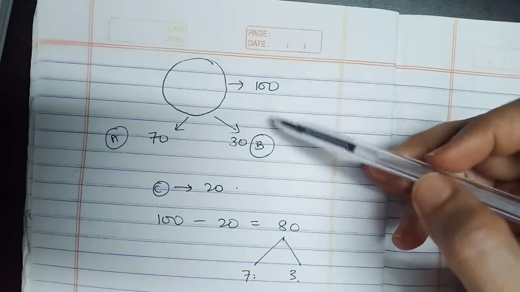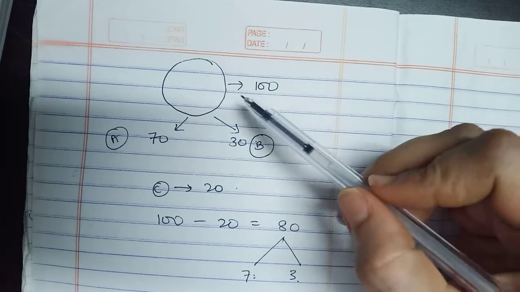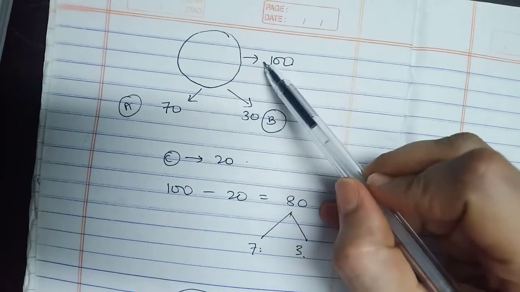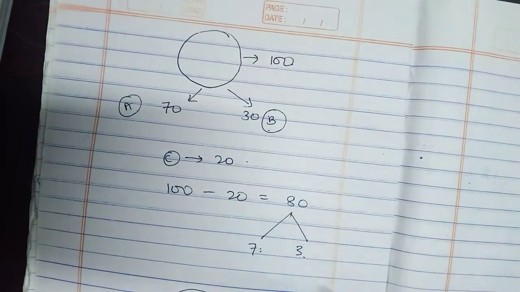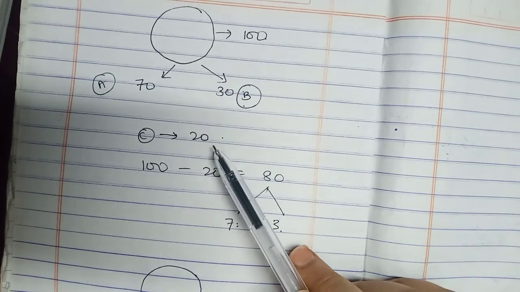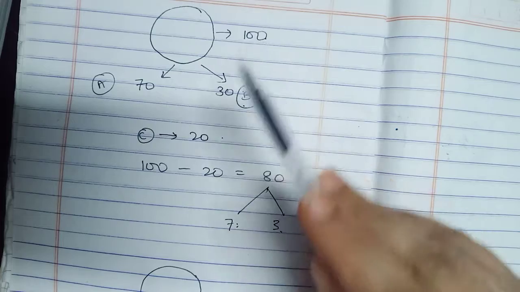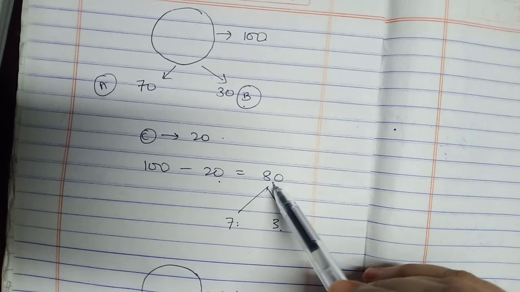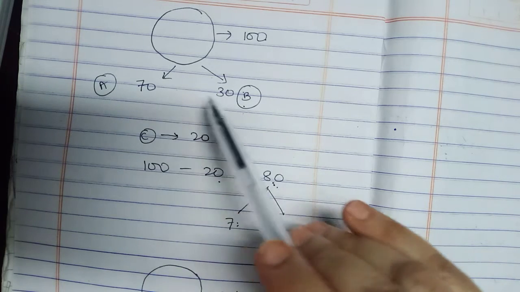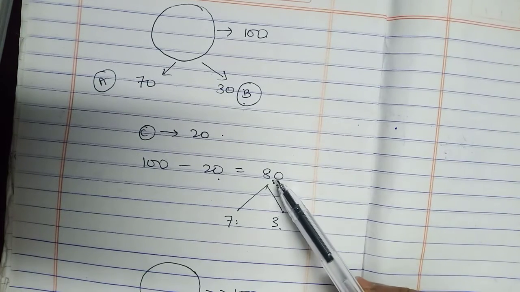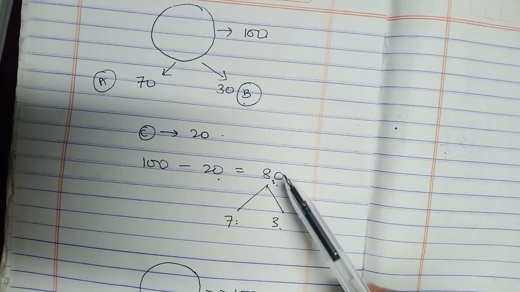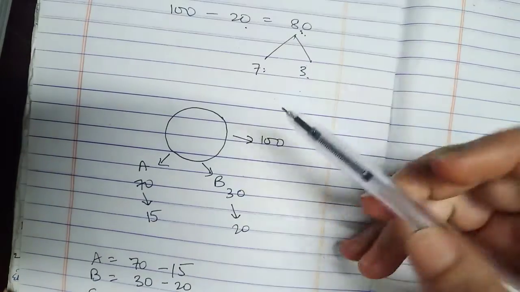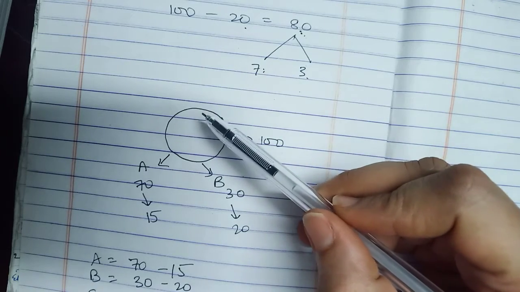Till now, what we were doing was that this is the firm, and suppose the total share of the firm is 100. A takes 70 from this 100 and B takes 30 from this 100. Now C, a new partner, was coming, say for 20. So now out of 100 we used to subtract this 20. Now 80 is left as the share, and this 80 was being shared by A and B in their old ratio, which is 7:3. So out of this 80, 7 by 10 A was taking and 3 by 10 B was taking.